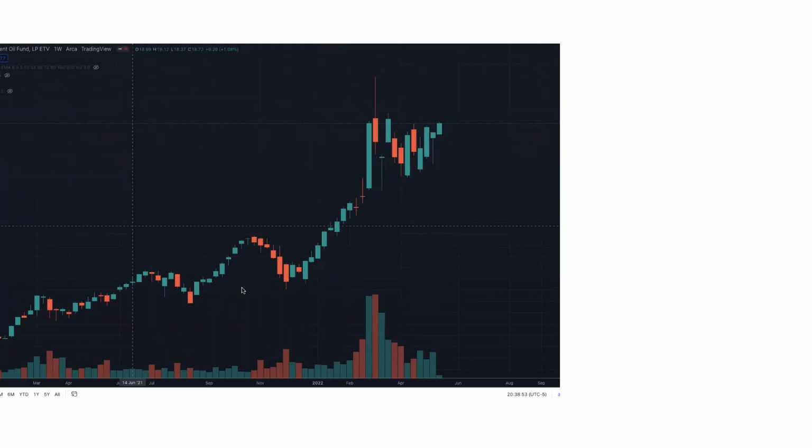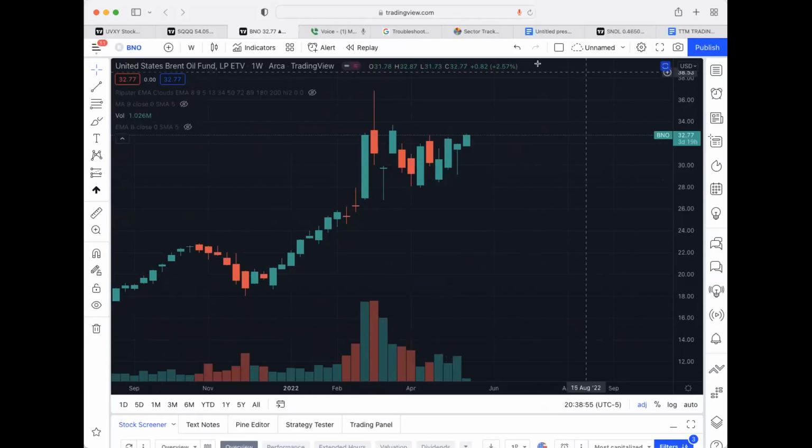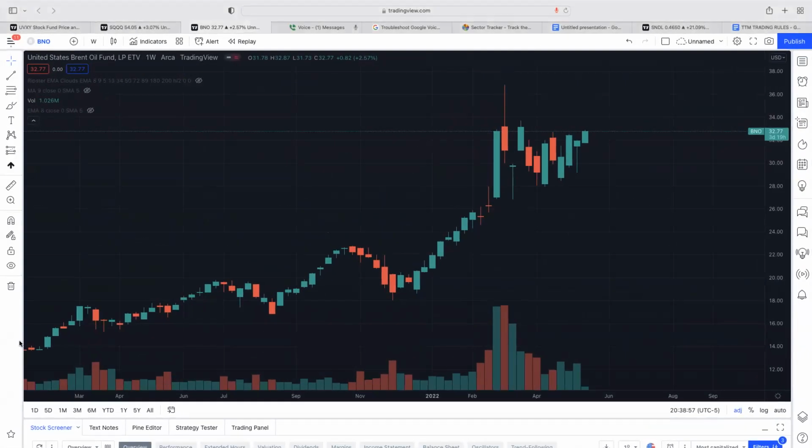Look at this. What's that at? What was it? Right here at this first green candle. It's at 18.90. So if you took it all the way up to 32, you would double on the stock. That was almost a double, just on the stock alone. That's crazy. The oil is ripping. I might have to look into Brent tomorrow as well. But it's just the fact that it's making this perfect